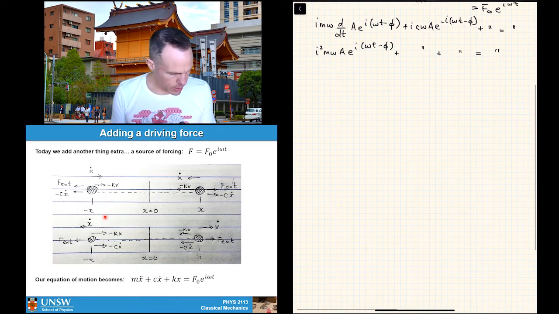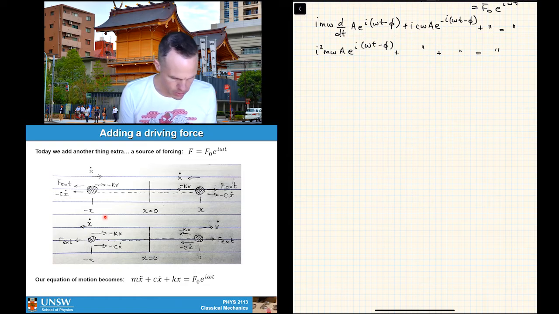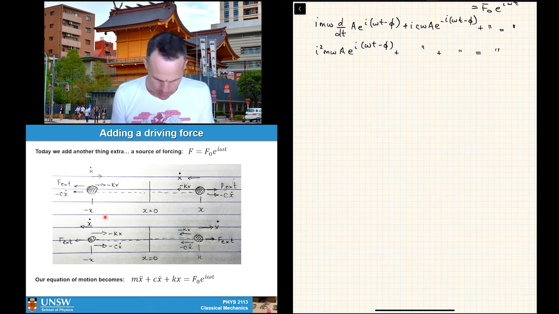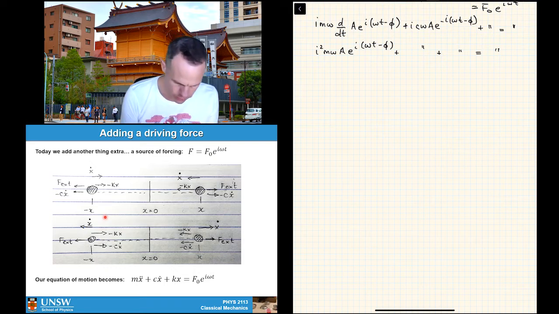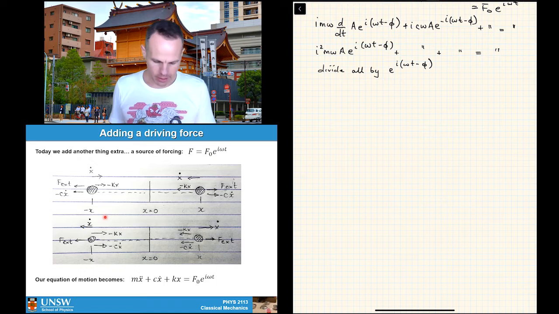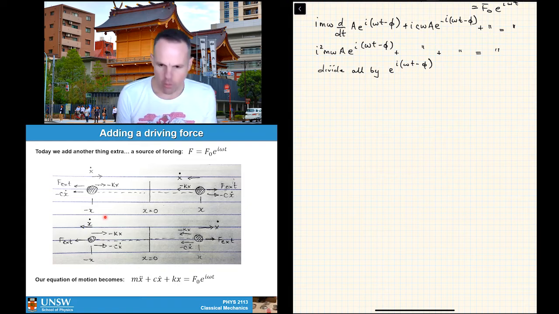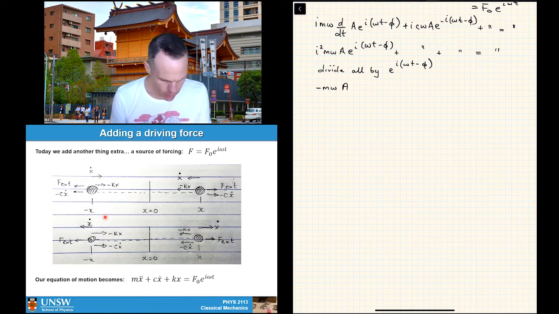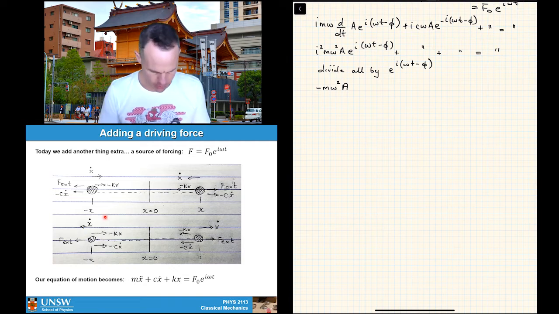And if we now clean up the term out the front here, actually, no, we're perfectly okay here. All right, so the next thing I want to do here is divide the whole equation through by e^(i(ωt − φ)). And the nice thing about this is I don't have to keep writing e^(i(ωt − φ)) at the moment, which is going to take forever on this video. So we're going to divide all the terms by this. My i squared out the front is minus 1, so what we've got is minus m ω A. Actually, I've dropped a term. There should be a squared there, and that's going to make that a square there, right? I'm going to have another omega come down. Good. Okay,